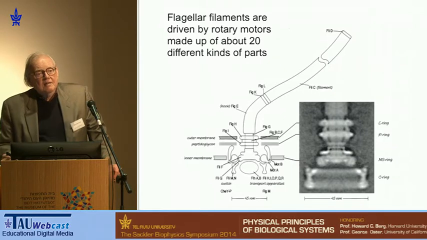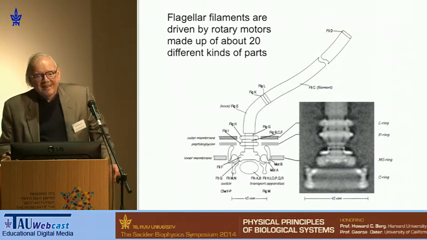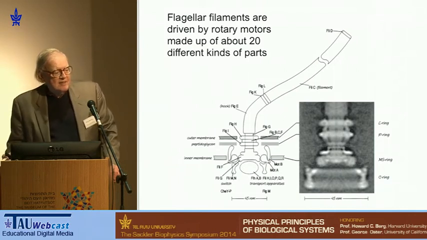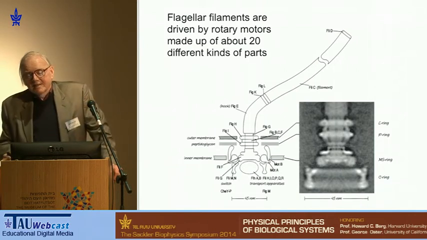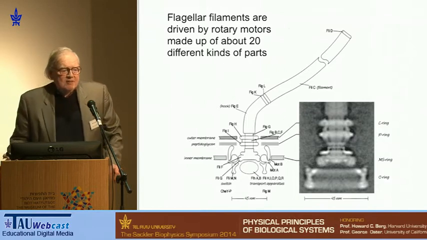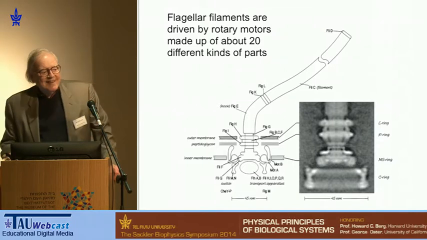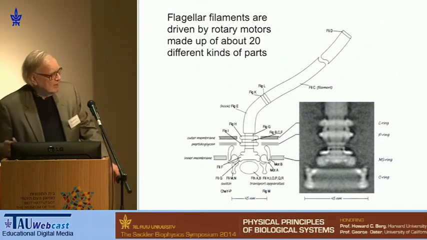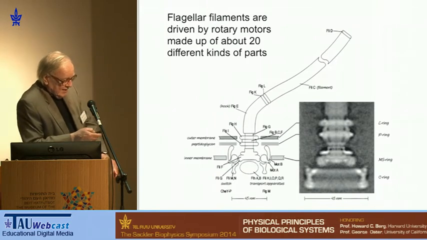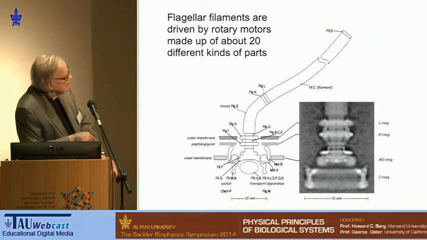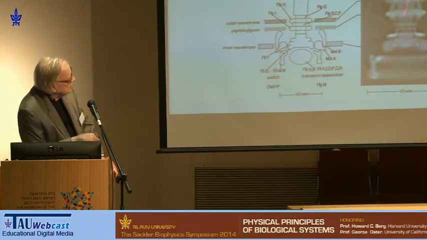So flhA, flhB, flgA, flgB. I argue that they ought to call them fee, fi, fo, fum. Then the English person would understand what they're talking about. But anyway, near the end of this paper, not only do they name these things, but they tell you how you're supposed to pronounce them, and I thought that was hilarious. Pronounce them in Japanese. Anyway, you can dissolve this structure out of the cell using detergents,